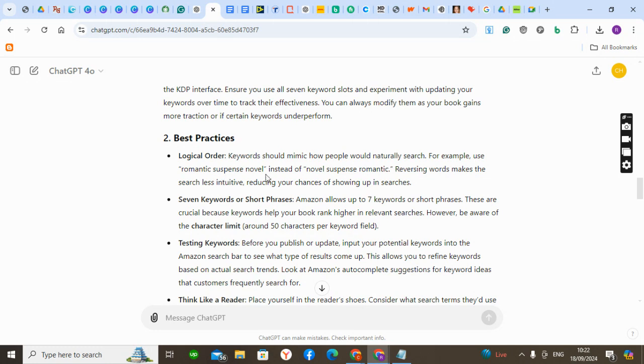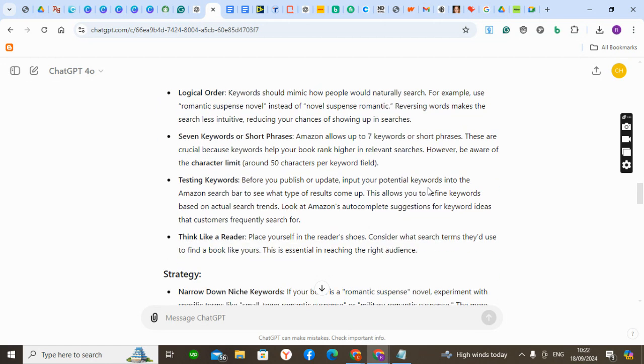So romantic suspense novel, it's actually making sense. Someone will go there and type romantic suspense novel. No one will go and type novel, suspense, romantic. It doesn't make sense. Now, reversing words makes the search less intuitive, reducing your chances of showing up in searches. Can you see? So when you stock your keywords, 7 backend keywords like that, then you begin to wonder,